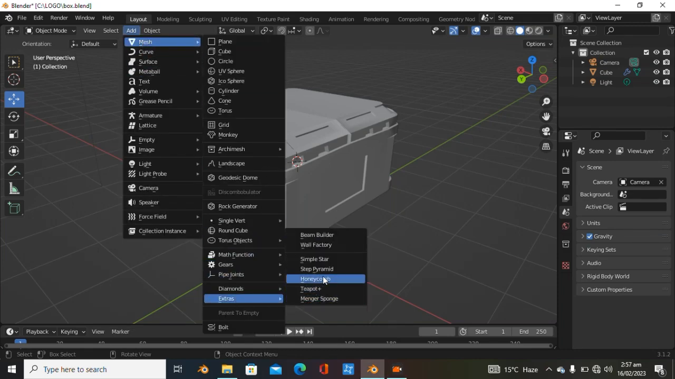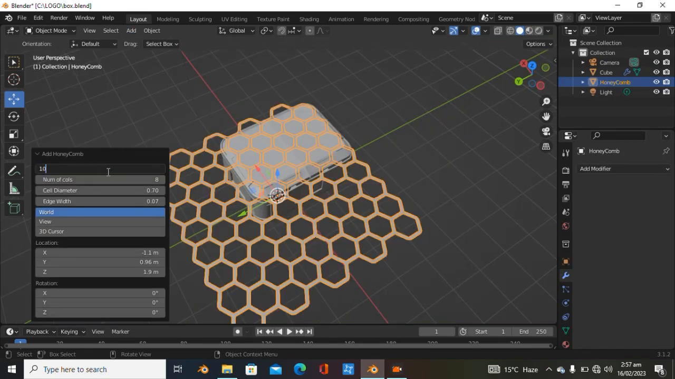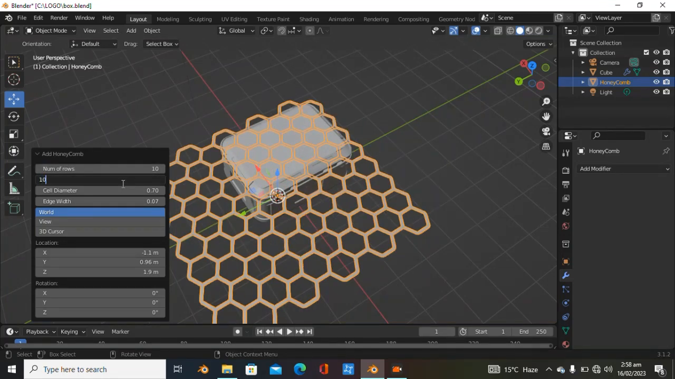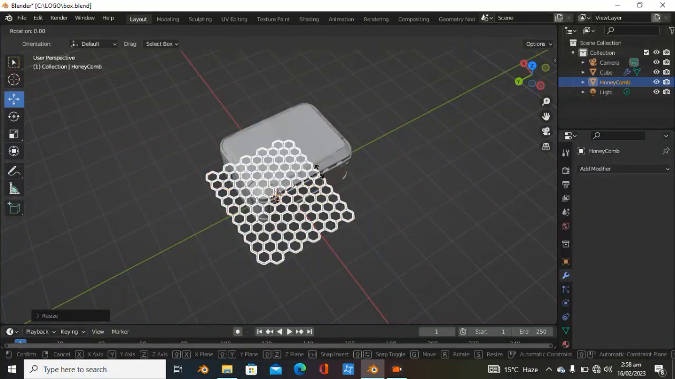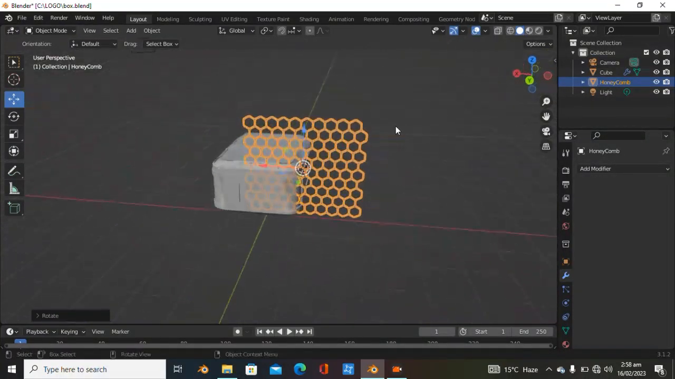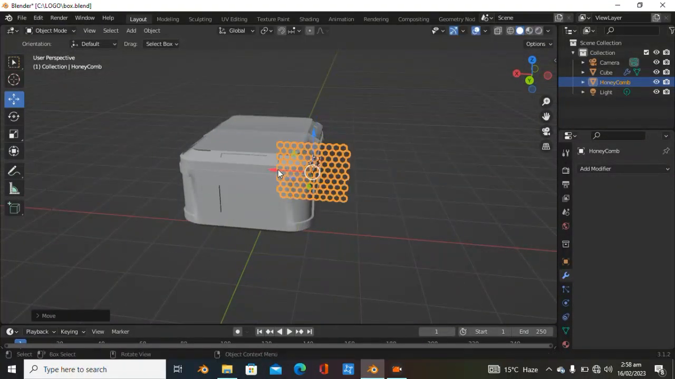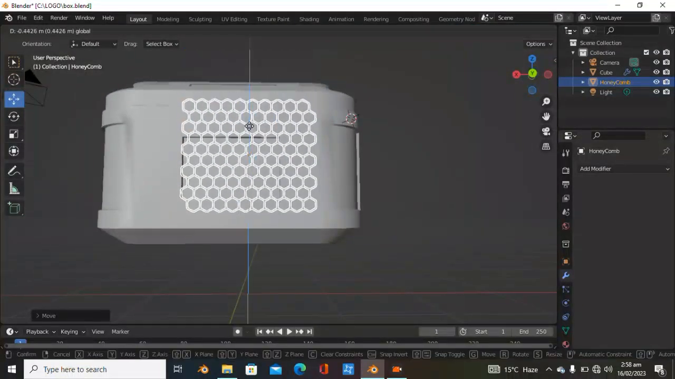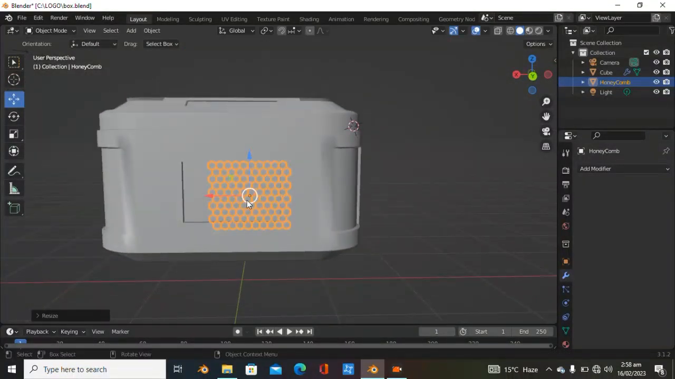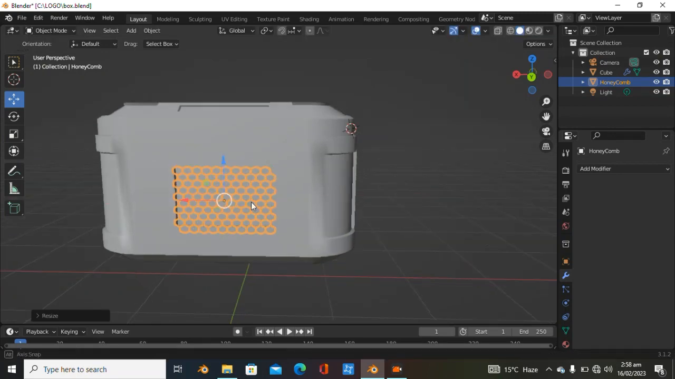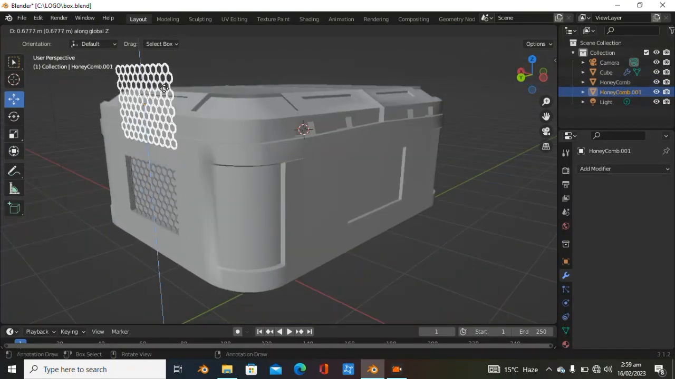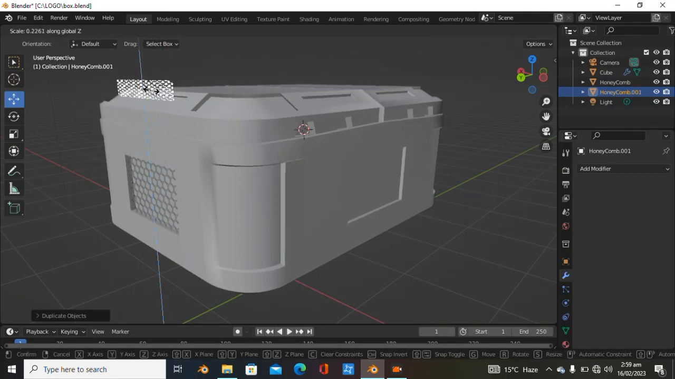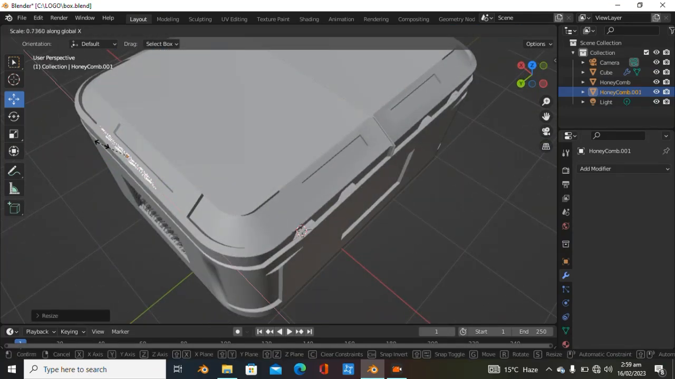And I'm gonna add a honeycomb. Honeycomb is an add-on in Blender, which is pre-installed, and you can turn it on in preferences, add-ons, and then search for extra object, and you can get it right there. What I did is I just added 10 columns and 10 rows for the honeycomb, and you can control these in the left downward side, and then just hit Shift D to duplicate it on the z-axis,